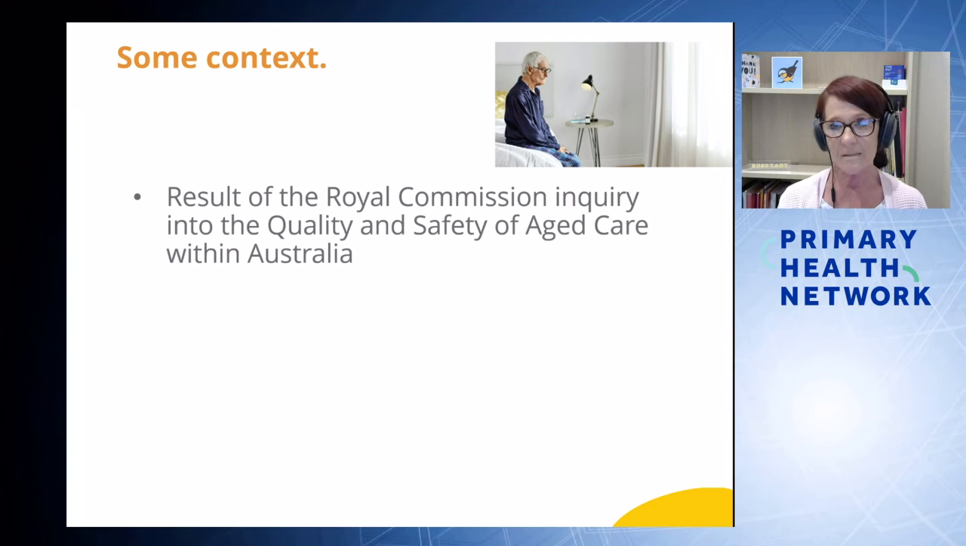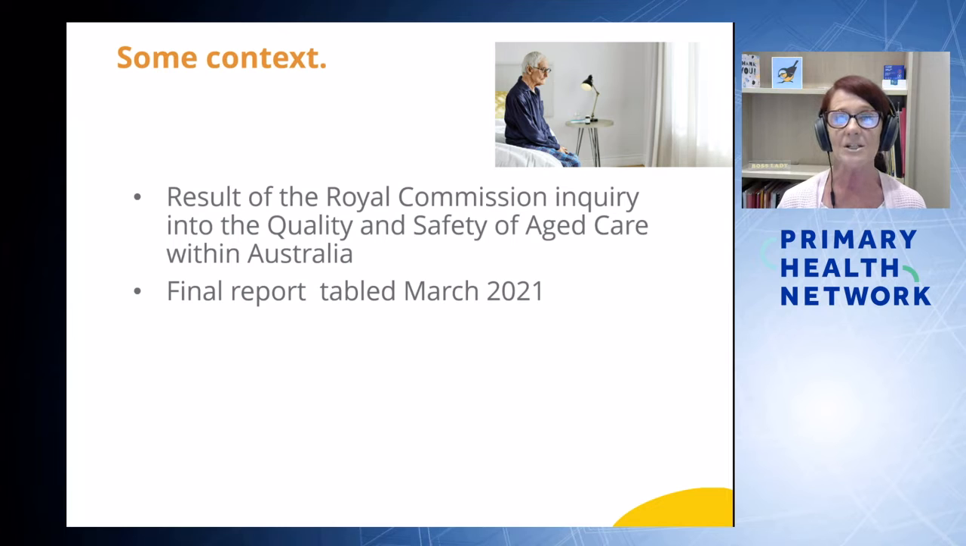So let's put it into some context. Where is this initiative coming from? It is a direct result of the Royal Commission inquiry into the quality and safety of aged care within Australia. It was instigated in 2018 by the Governor-General, Sir Peter Cosgrove, as a direct result of the growing number of complaints and concerns regarding the care received for our elderly population, not just in aged care facilities, but within the community as well. The final report was tabled in March